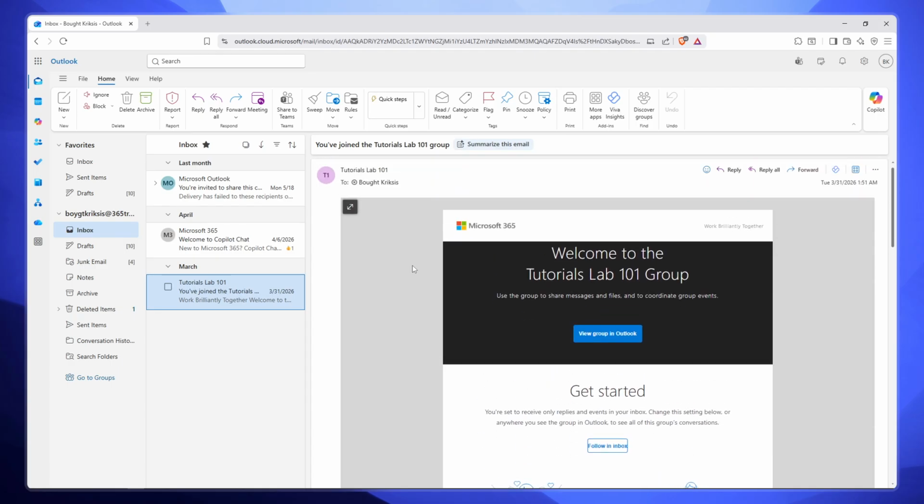First, open your web browser and navigate to outlook.cloud.microsoft. This will take you to the Microsoft Outlook web app, where you can access your emails online. Once the page loads, log into your account if you haven't already, and wait for your inbox to fully load